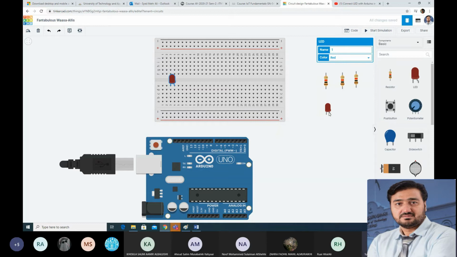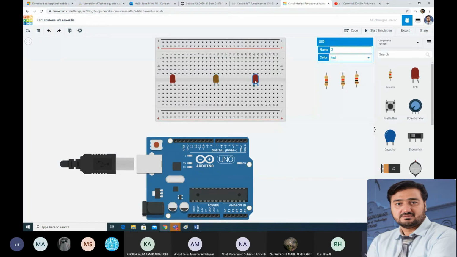Then you can use this one here again, and this LED red, orange, and then this LED I will make green. Now you have 3 LEDs.